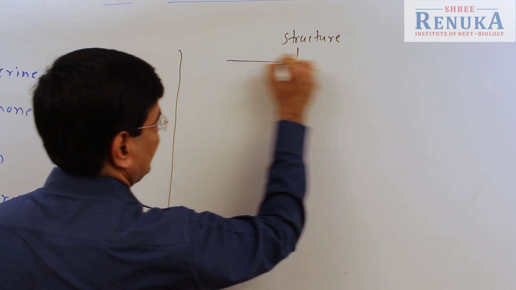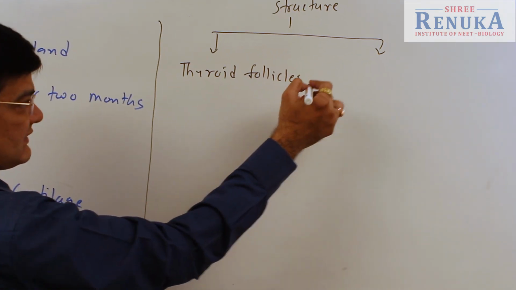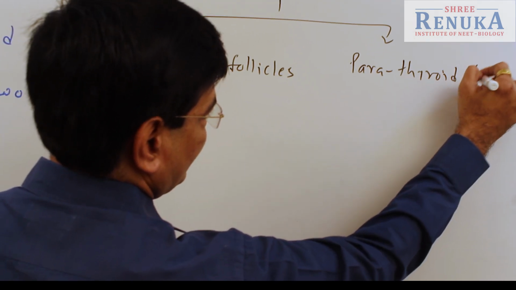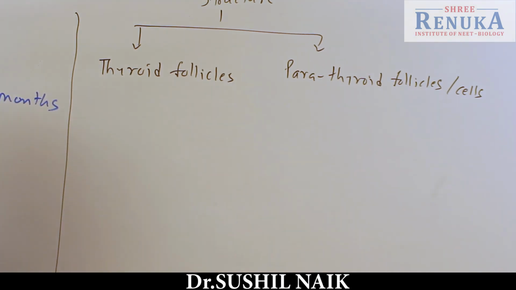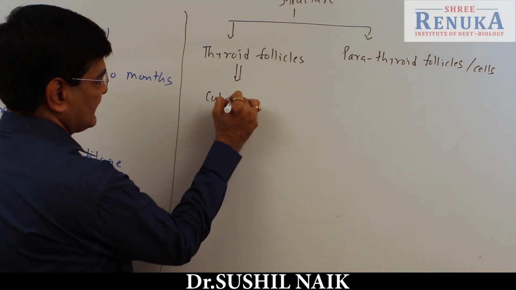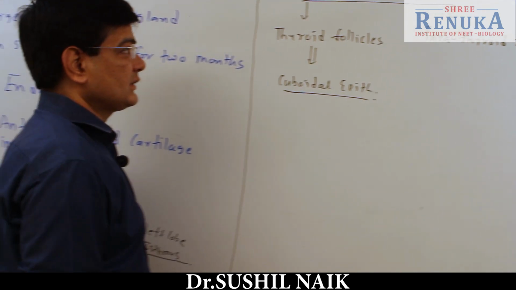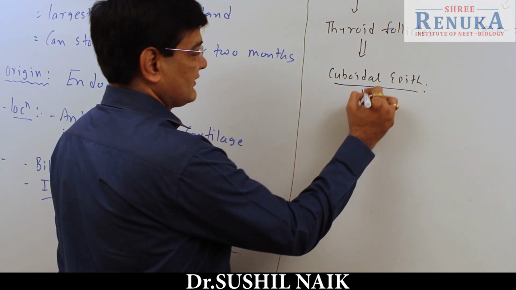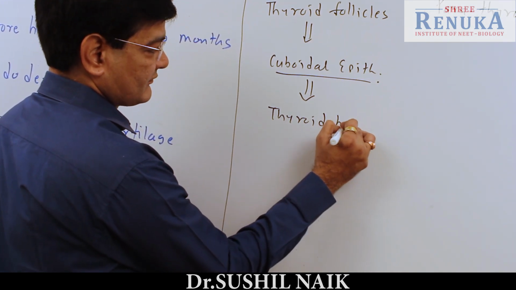In the structure of thyroid gland, two kinds of follicles are present, that is thyroid follicles and parathyroid follicles or parathyroid cells. These follicles are formed of cuboidal epithelium cells and constitute the main part of the thyroid gland. These follicular cells are concerned with the secretion of thyroid hormones,